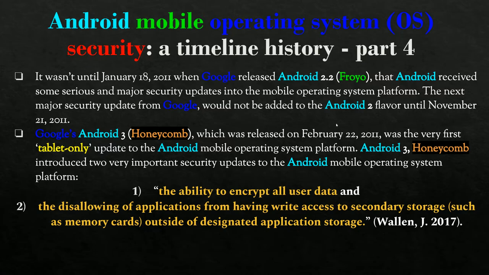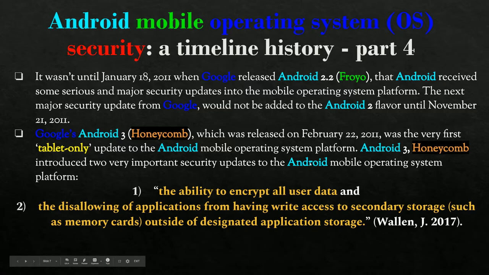And Froyo, Android 2.2, released on January 18th, 2011, is when Android received some serious and major security updates to their operating system. The next major update from Google would not be added to the Android 2 flavor until November 21st of 2011.